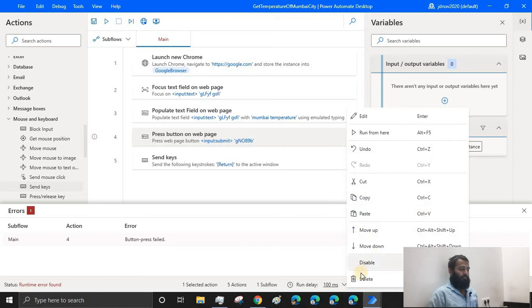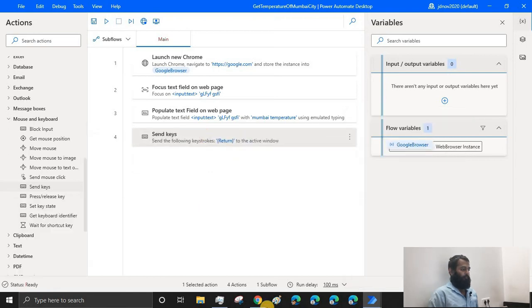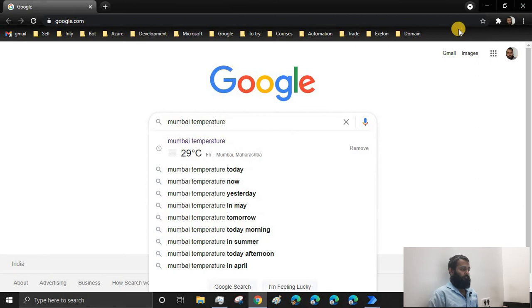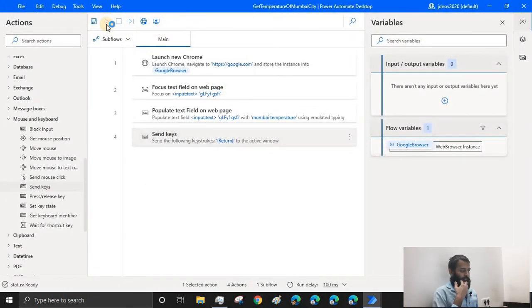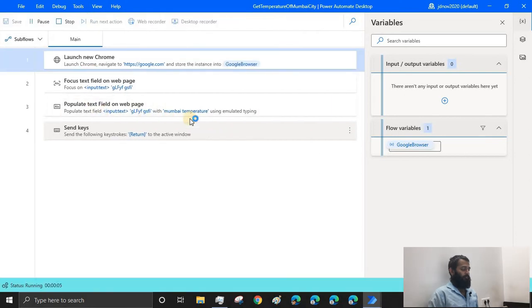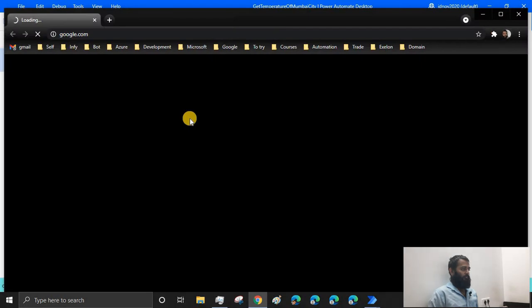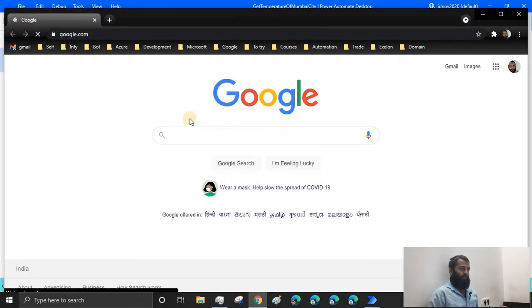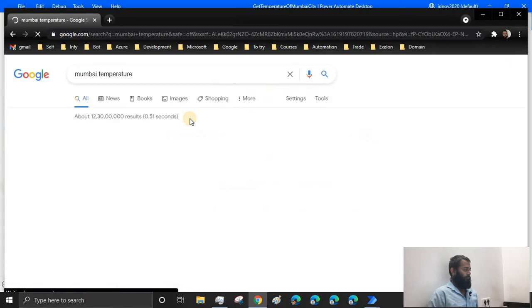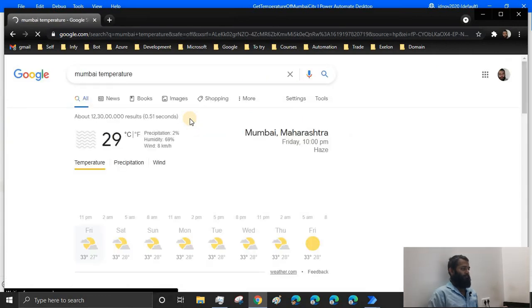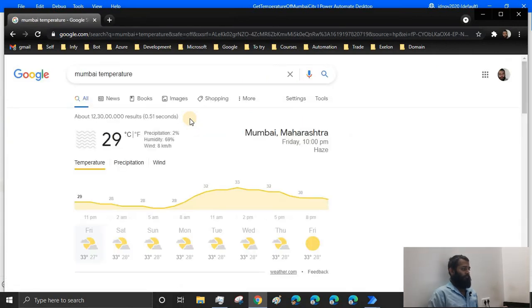So you can delete this and run the automation again. I guess there is some bug in Power Automate Desktop. One time it does not maximize the window. There we are. It has clicked Enter and here we have the temperature.